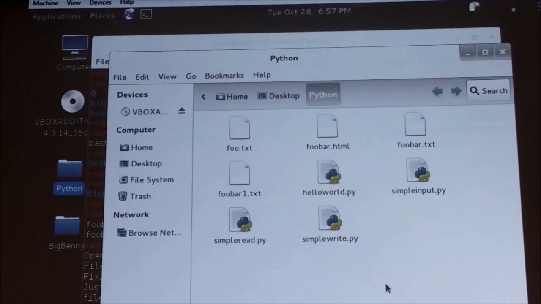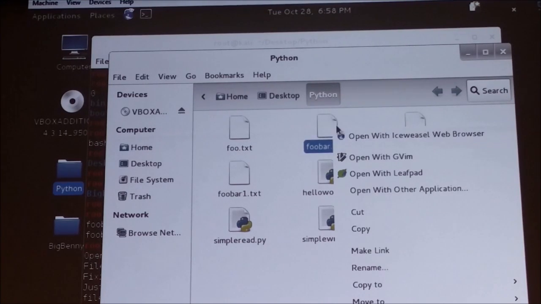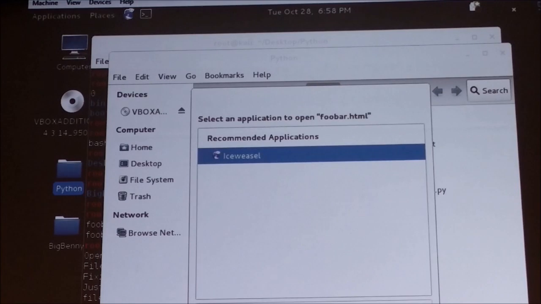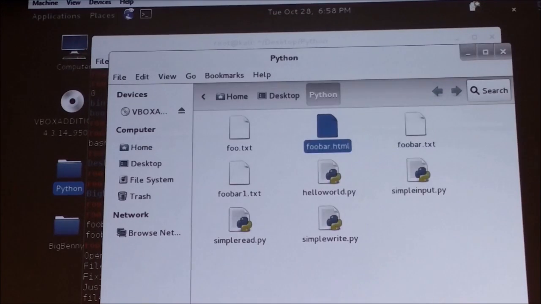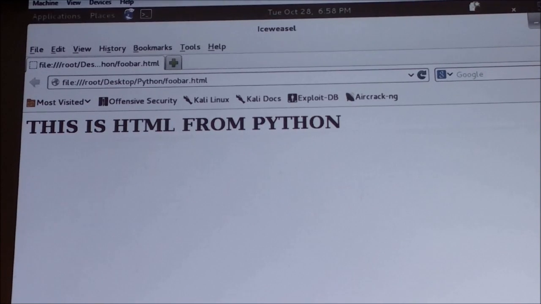And what we should see here is an HTML file. Okay, there's an HTML file. So now let's just see if we can open this with, hey, Iceweasel looks good. Let's see what it looks like here. This should be an HTML. Okay, there we go. That's how you create an HTML file from Python. Okay? Mine created as a